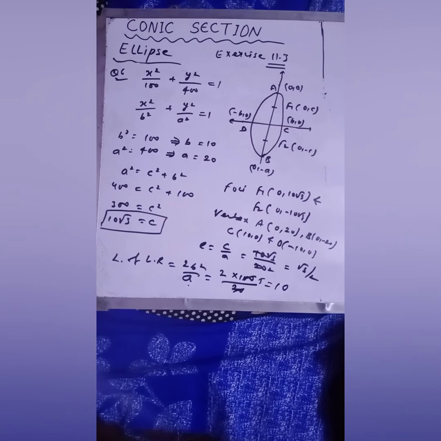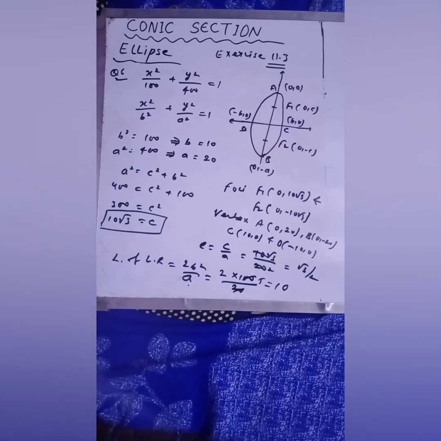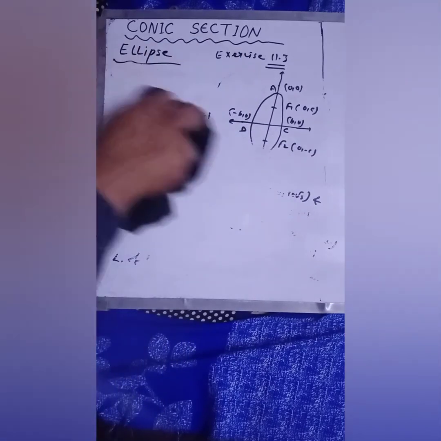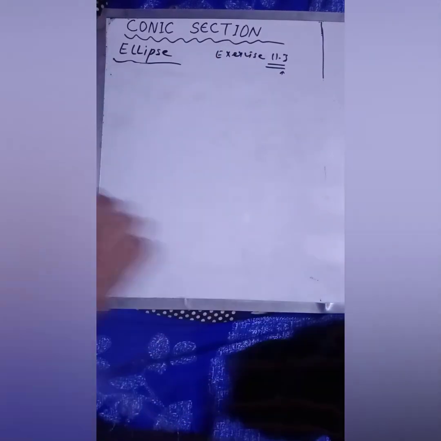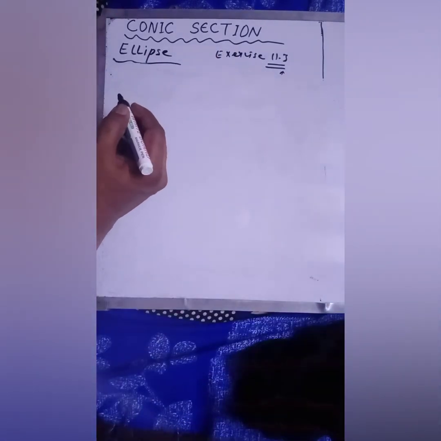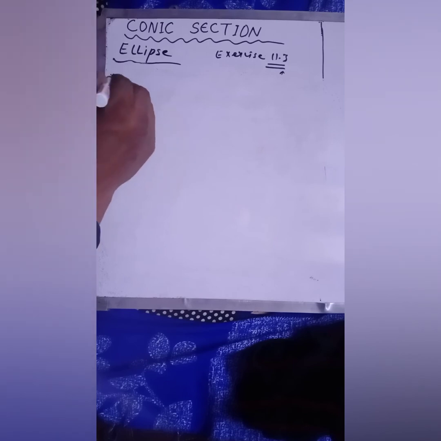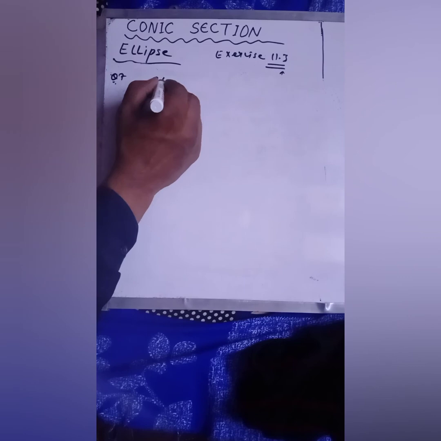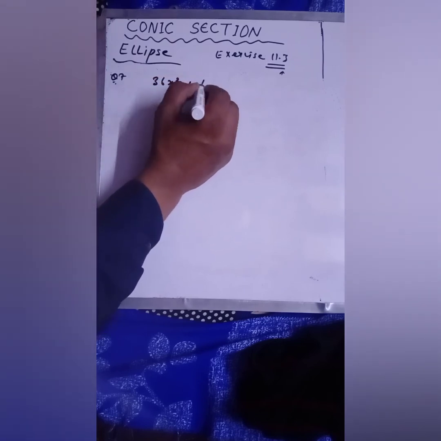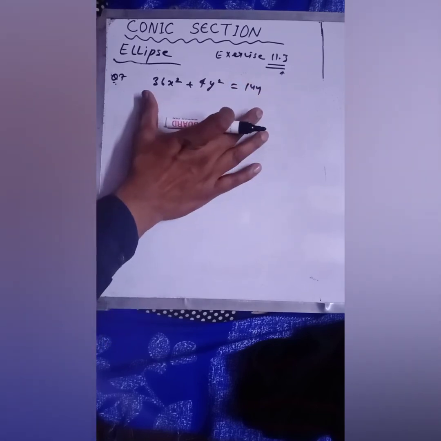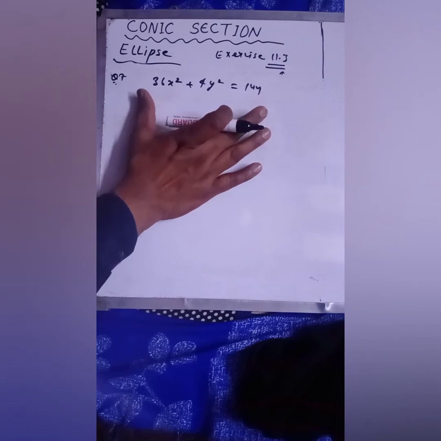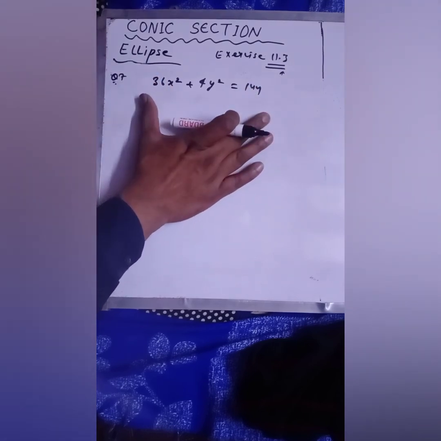Next question, बच्चे, question numbers 7, 8 and 9 are also very simple. Fine. In this question, what you have to do, see. Let me erase this. I'm solving question number 7. See, here this equation is given to you. So this equation is not in standard form. Fine. So what you have to do, you have to make this equation in standard form first of all. So how will you make?